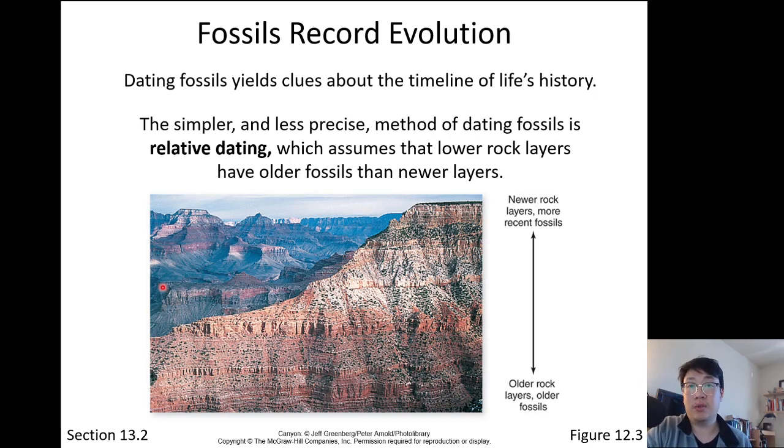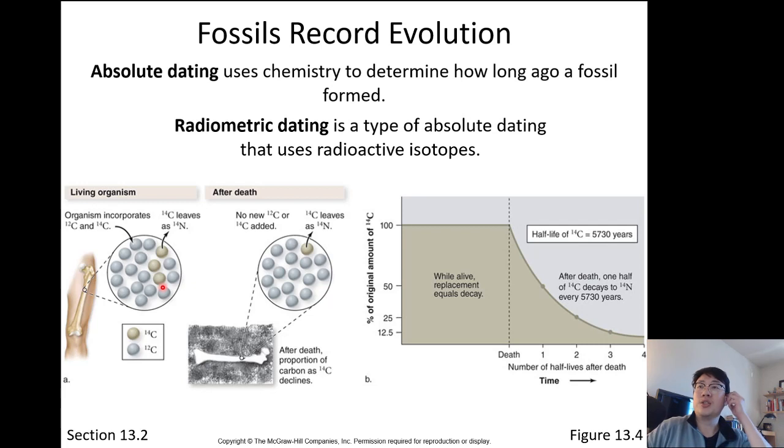We also use isotopes in medicine, but that's getting off topic and that's for another lecture. So let's come back. All right, so there are two ways to do dating: relative dating and absolute dating.